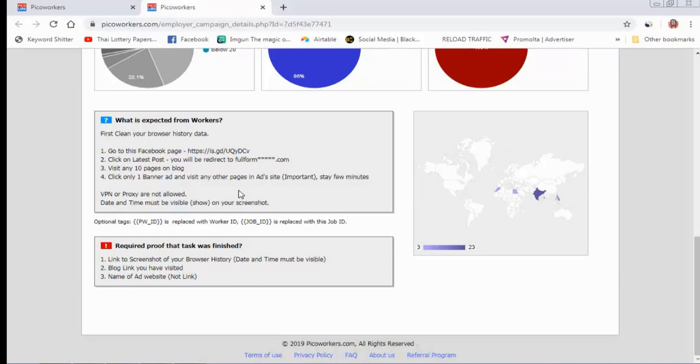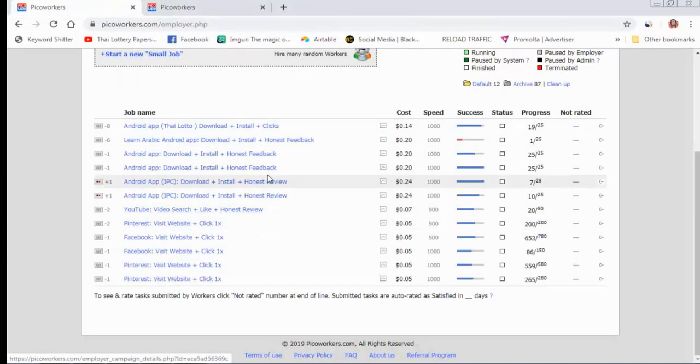Google sends a love letter and they write, your account has been ad limited, so we will review your account. Once your traffic quality is better, we will start ads again. So this is a very big problem, the ad limit. So you need to send only traffic from search engines. This is my old campaign, so you don't need to copy these campaigns.